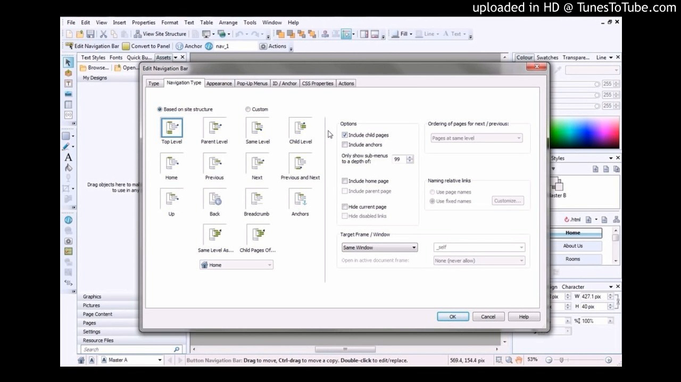When you've finished rearranging the pages, double-click at the top of the Site tab to return it to its default position. Preview